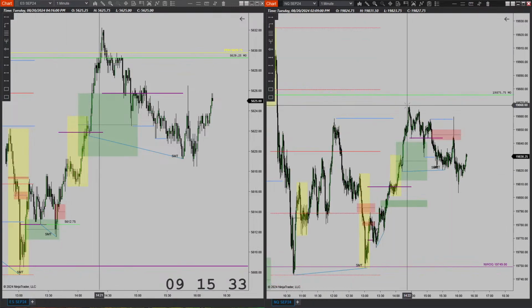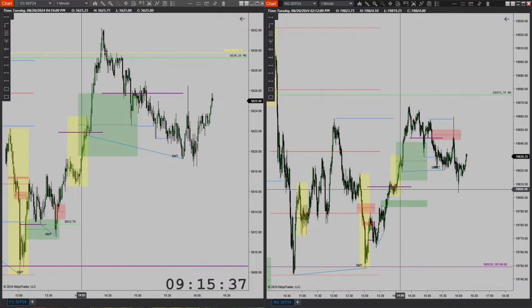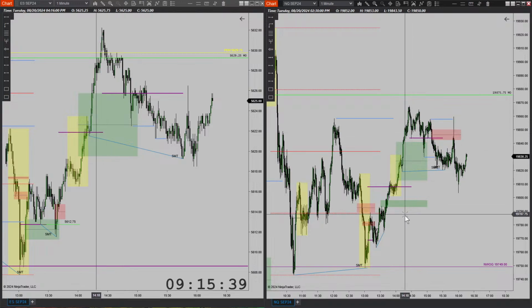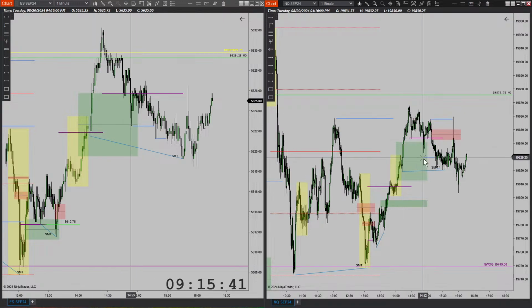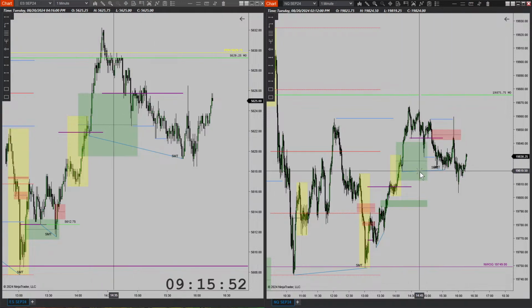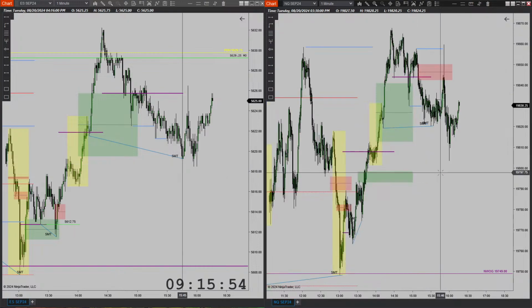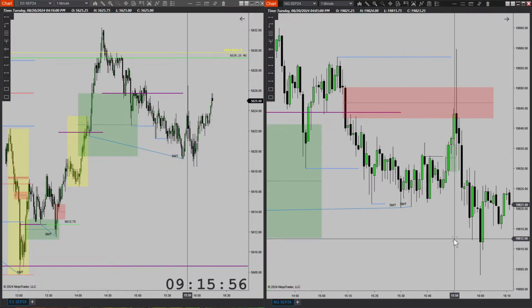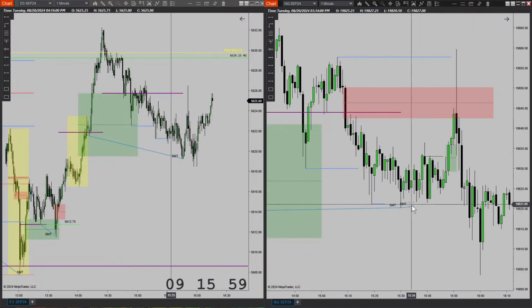Once again, we had the sweep here going into the last hour. We had the sweep here above 50%. So what I wanted to see was price draw lower into this gap here on the 15-minute. Same thing here on the 15-minute, swept multiple lows, swept this area of liquidity here. Here we didn't, so that is SMT between this low and this low here. And so I entered right at this low here.